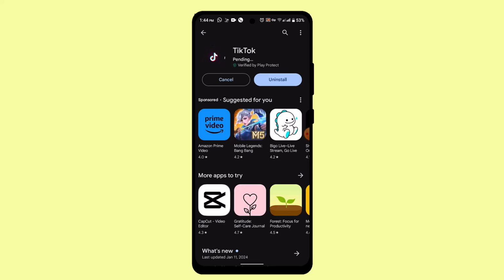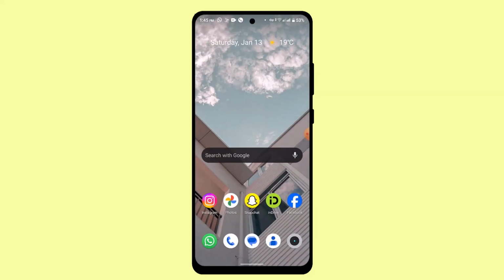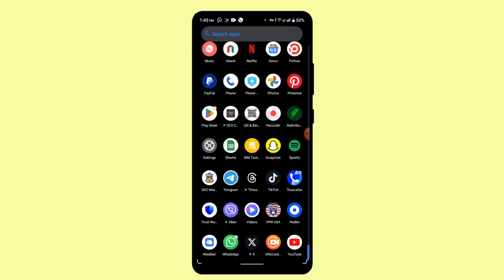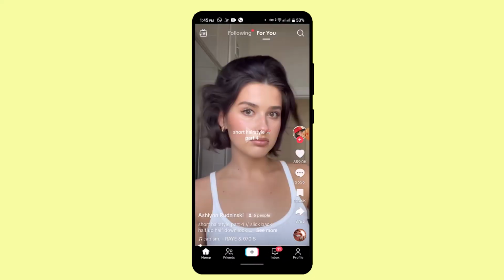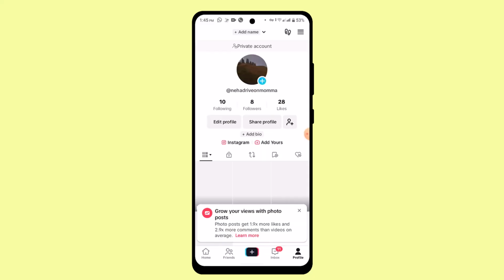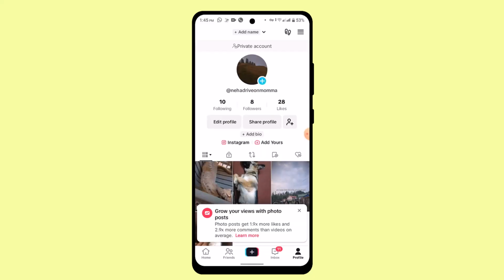After the app is completely updated, exit out of the Play Store and then click the open button and log into your TikTok account. Now once you're logged in, that's going to take you to the interface something like this. Now right on this page, go ahead and tap the profile icon located in the bottom right hand side corner,